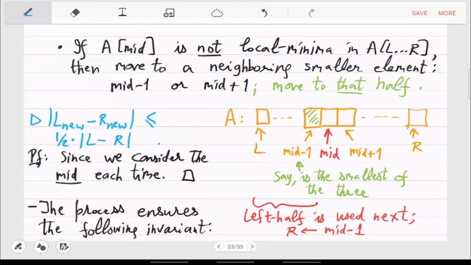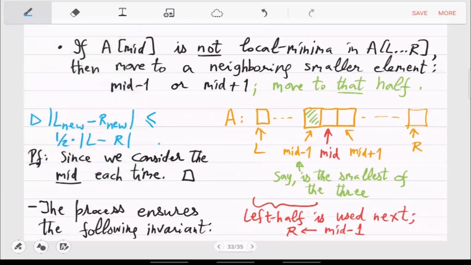Look at the mid and the neighbors, mid minus 1 and mid plus 1, and move to the side where you have a smaller value. We showed that this actually works, so its time complexity is log n. Any questions?